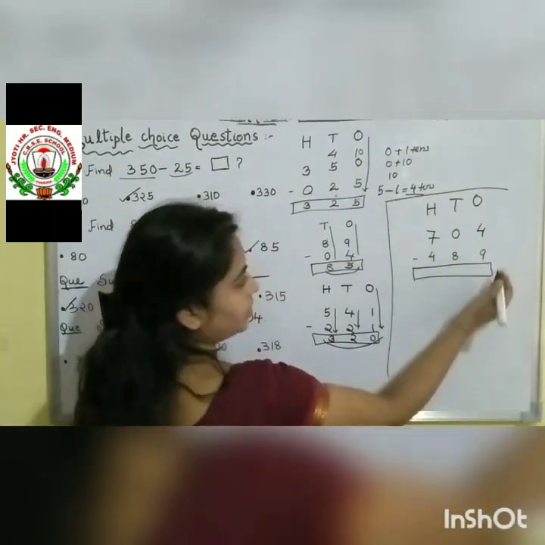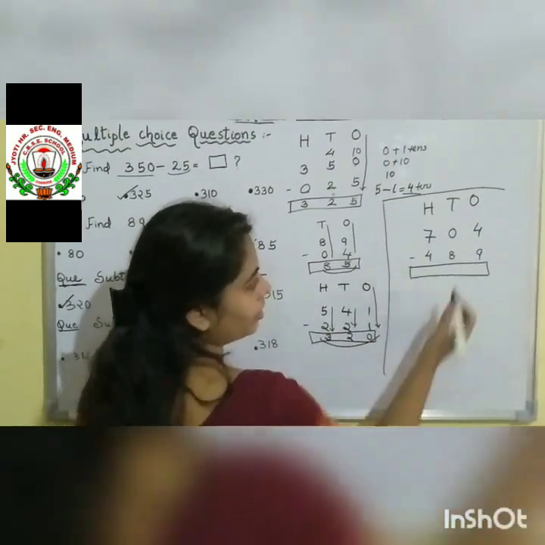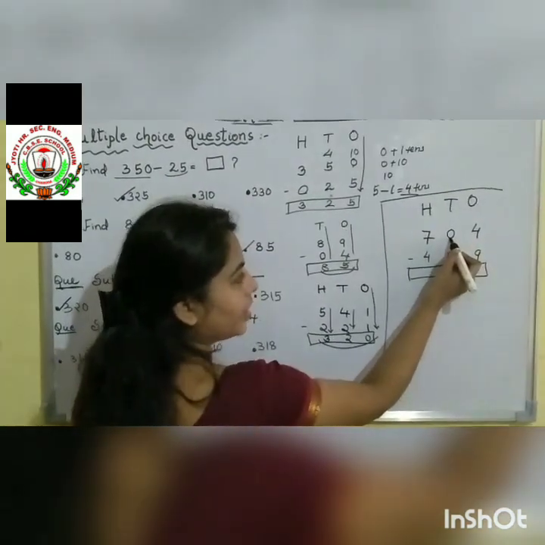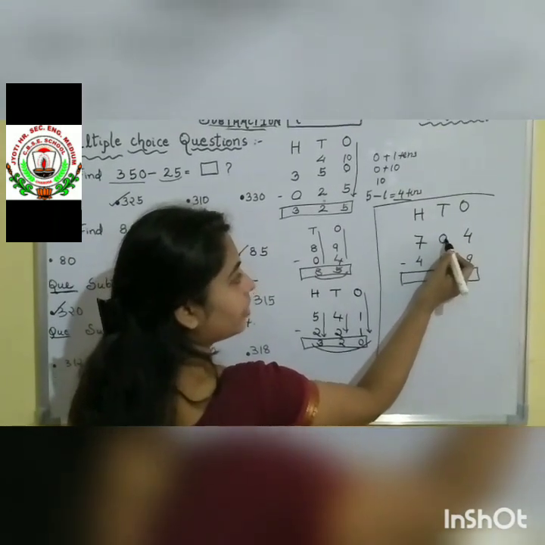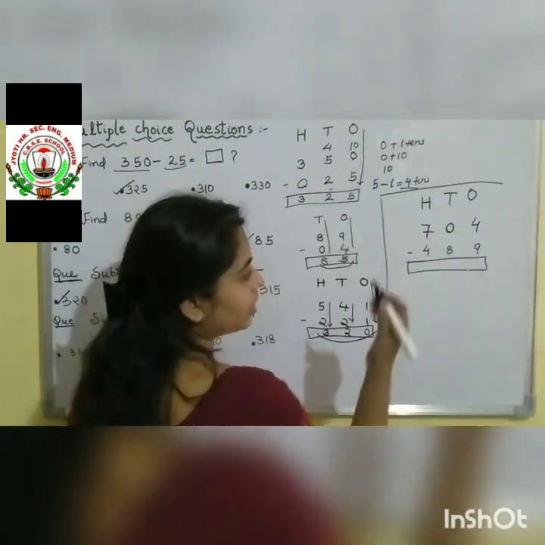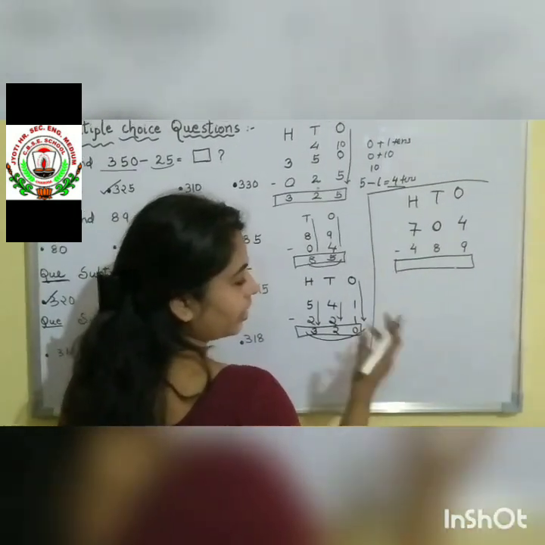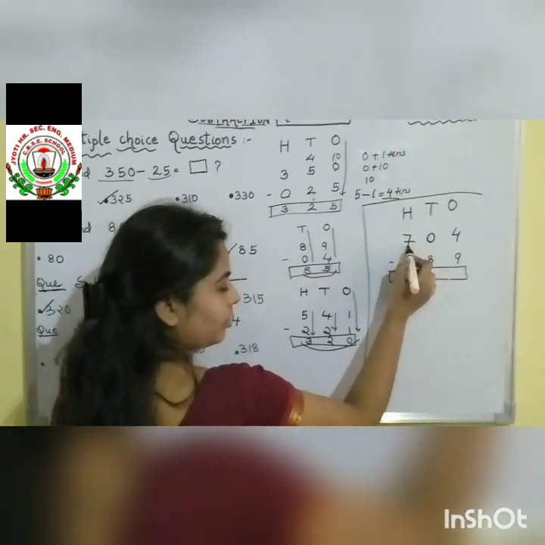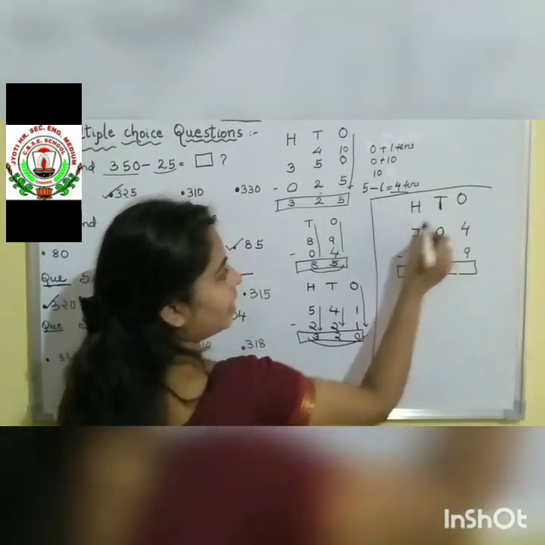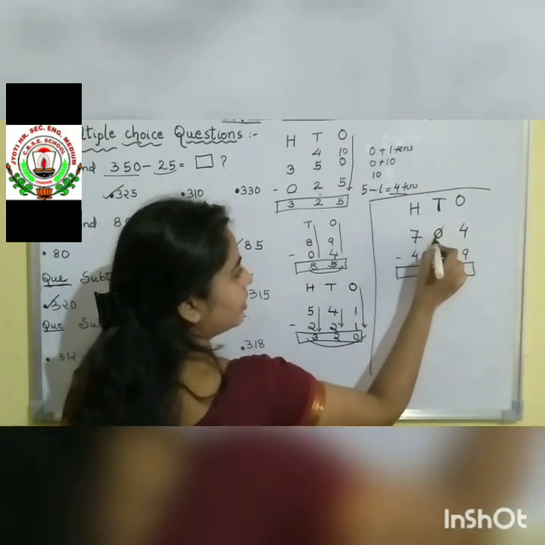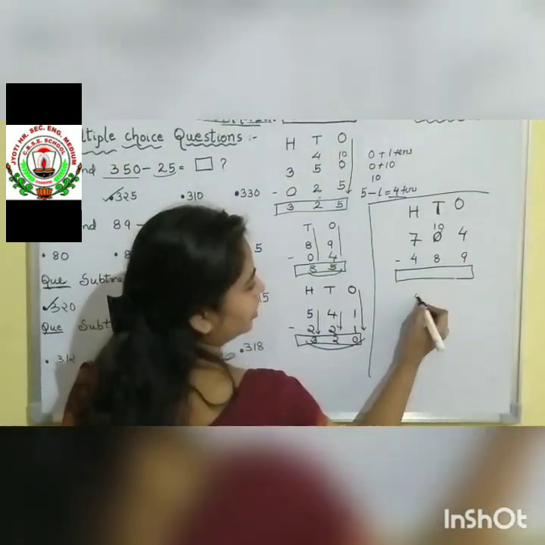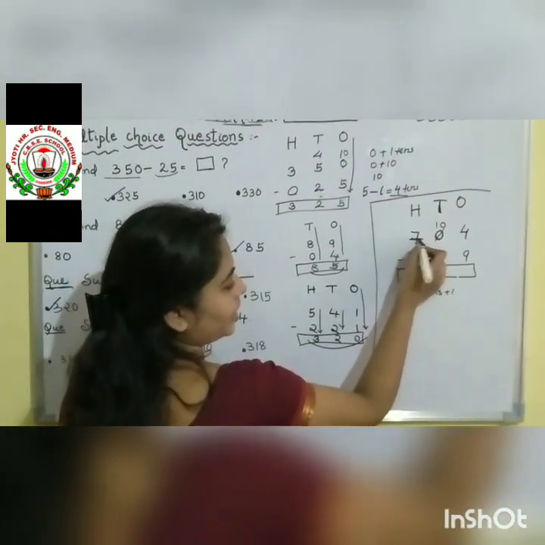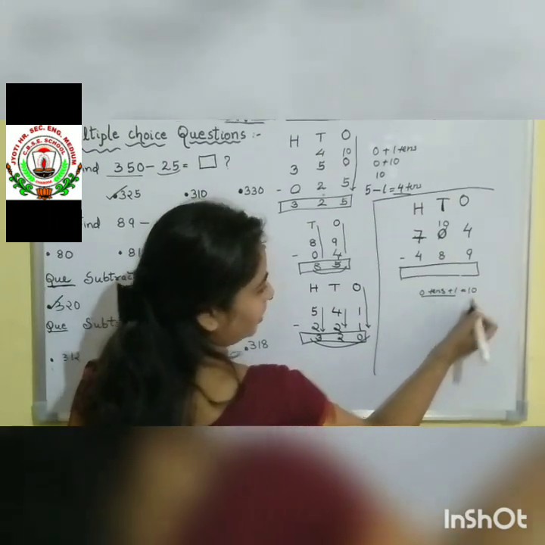Now let us do the subtraction. Starting from the ones place, we have 4 and 9. See children, again 4 is smaller than 9. So in this case, this 4 ones will take a borrow from the tens. But here the tens place already has 0. That means the tens has no number, nothing is there. So this tens will ask from the neighbor, that is the hundreds place. Firstly, this tens will ask from the hundreds place. The 0 has taken 1 from the hundreds place, so now it becomes 10.